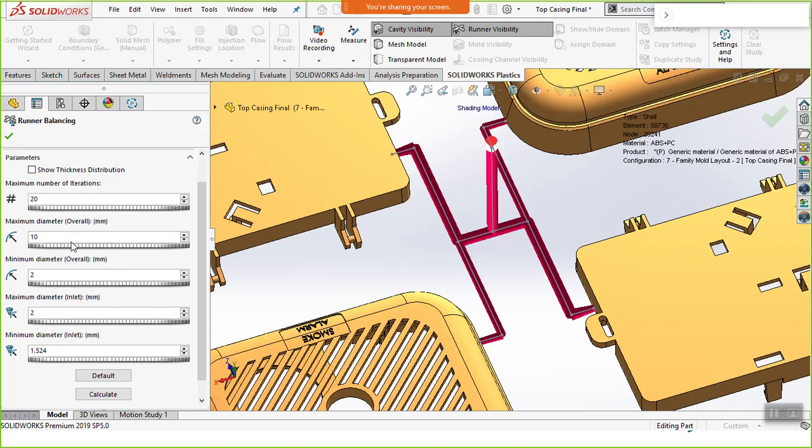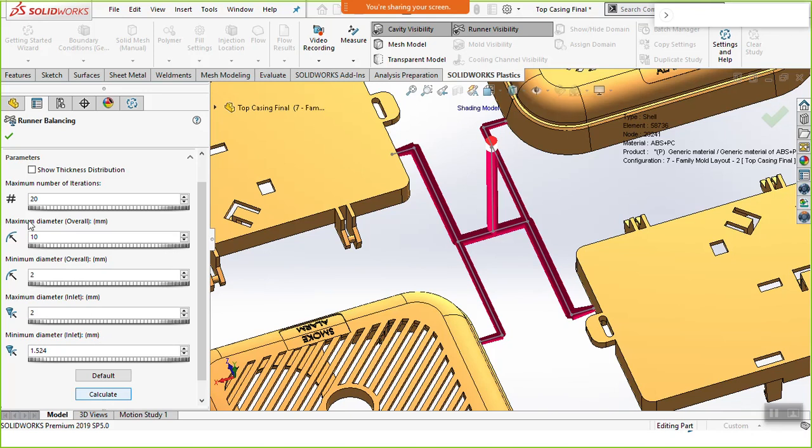How has it done that? We have to give values like maximum diameter and minimum diameter, and the maximum and minimum diameter of the inlet. When I say inlet, it is the point of contact where your molten plastic is entering the cavity. All these things will be changed, and the diameter is varied accordingly.